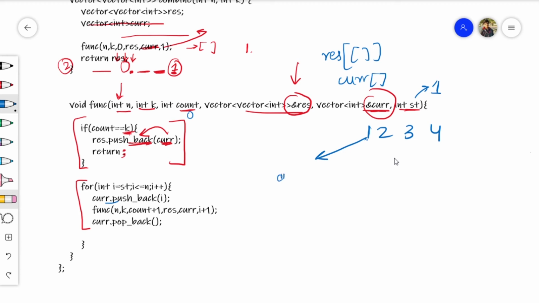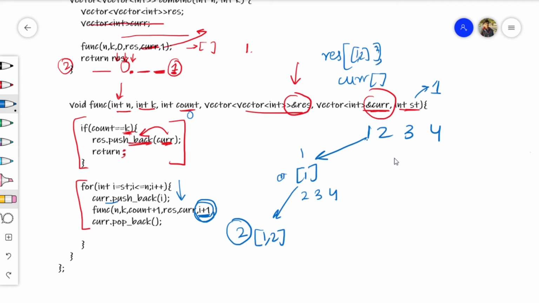So current now has 1 in it. Then it will call this function again and start from the starting point, that is from 2. So we have 2, 3 and 4 for this case. Then the function will be called and come back here because the count is still not 2, it is 1, but when it comes here then it becomes 2. After pushing 1 comma 2, the count becomes 2, and then we push into our resultant. So the result now has 1 comma 2.